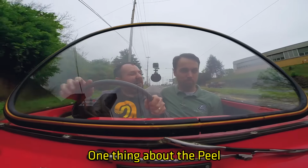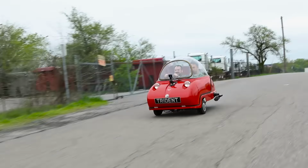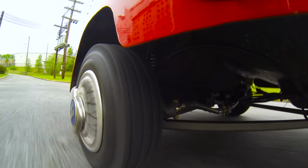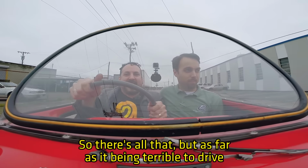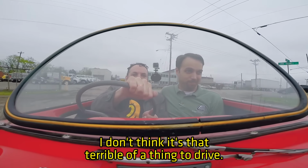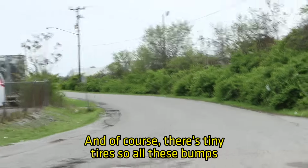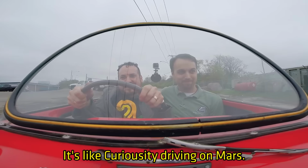One thing about the Peel is it's actually surprisingly quick and fun. It's a 12 horsepower motor, but this thing weighs absolutely nothing. The steering's incredibly direct. The noise is pretty considerable, and the vibration and the fumes, so there's all that. But as far as it being terrible to drive, I don't think it's that terrible to actually drive. Shifting's not bad. Everything's pretty rattly. Brakes are there. And of course, there's tiny tires, so all of these bumps,